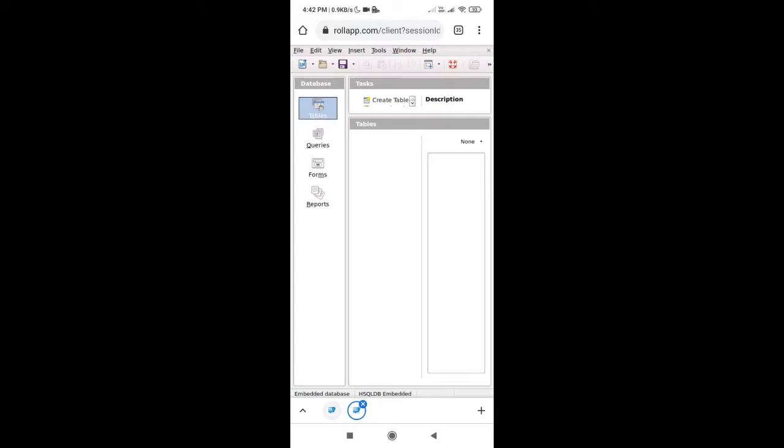First step to do in this practical is to create tables. For that, it firstly by default opens with table object only. There are 2 options to create a table. One is create with design view or second is wizard.